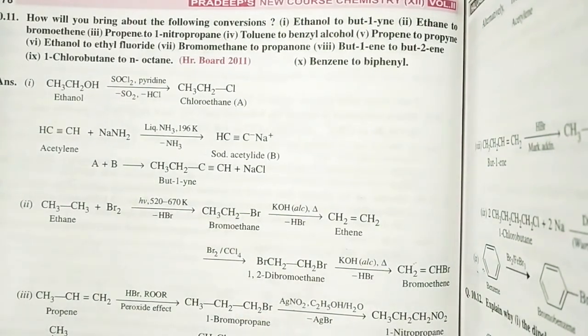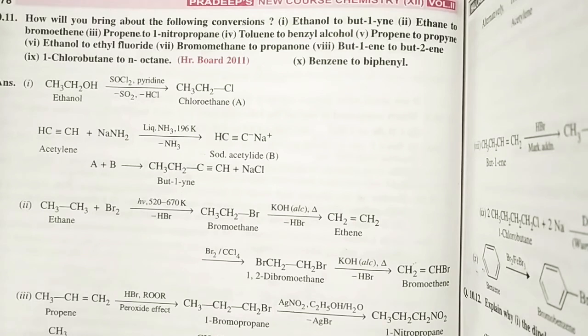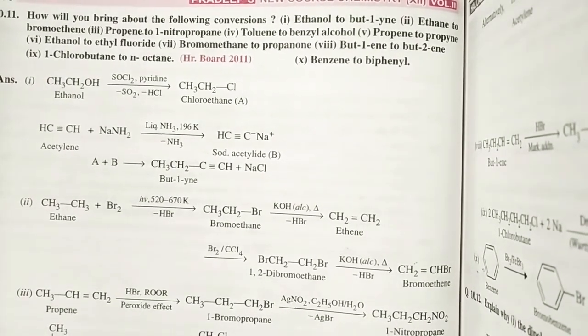It's a most important portion, because in our Gujarat board paper, as well as in GUJSET, JEE and NEET, conversions can be asked like this: if compound A reacts with these reagents we get B, and B reacts with another compound, so we get C. You have to find what A, B, C are respectively. This is the style in which they ask the questions.